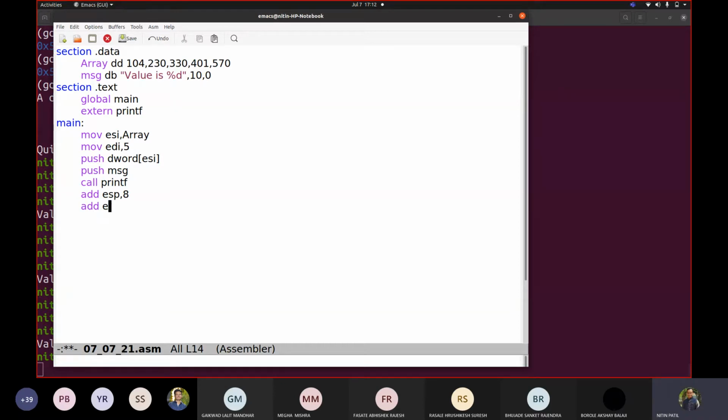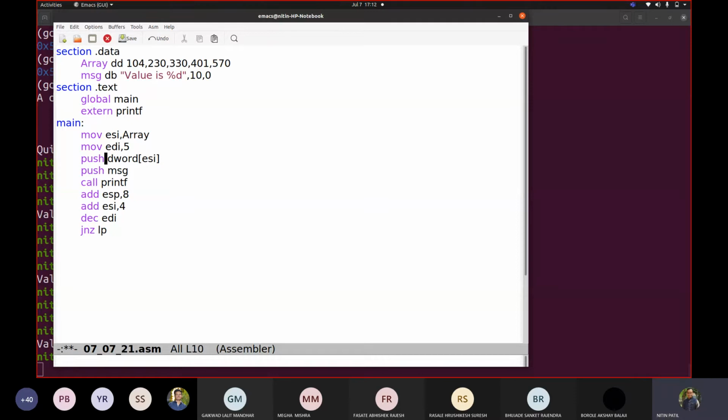Add, and I will keep adding 4 into ESI. Correct. And then I will say decrement EDI, jump not 0 to a label.